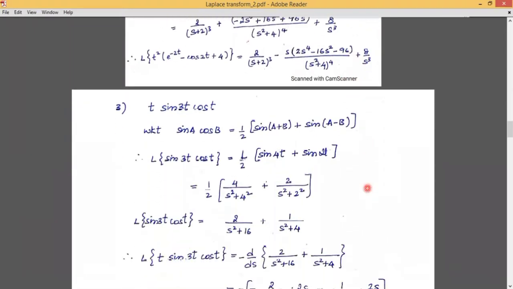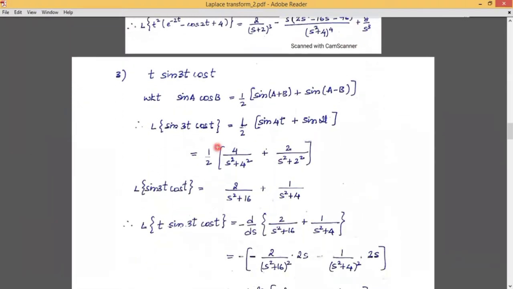So next problem: Laplace transform of t into sin 3t into cos t. First we'll find the Laplace transform of sin 3t into cos t. We know that sin a cos b is half of sin (a plus b) plus sin (a minus b). So using this formula here,